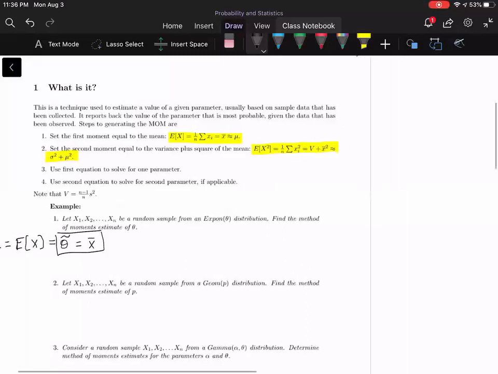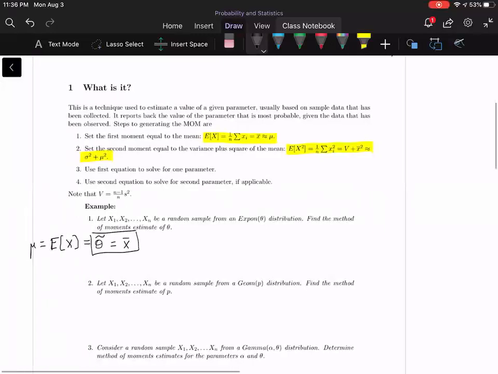Let's take a look at number 2. Here we've got a geometric distribution, and we want to find the method of moments estimate of p. So this is a geometric with p as our parameter. So there's one unknown, so we want mu, which is the expected value of x, and the expected value of x for geometric is,